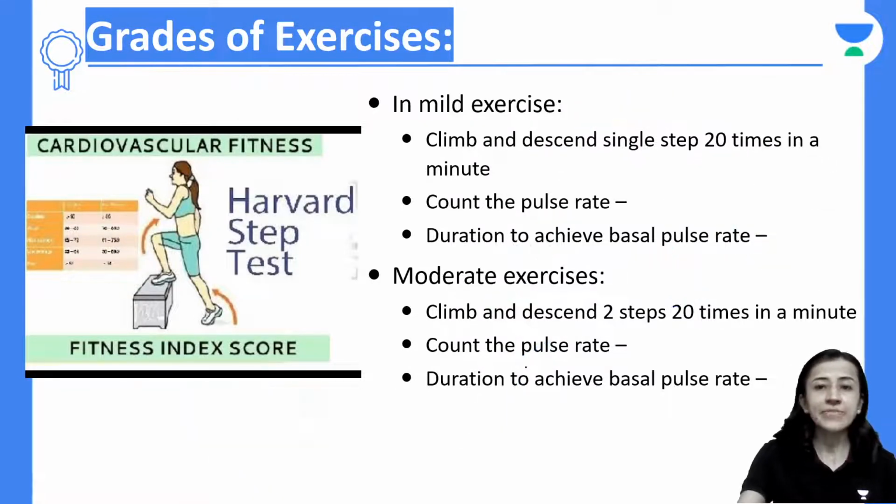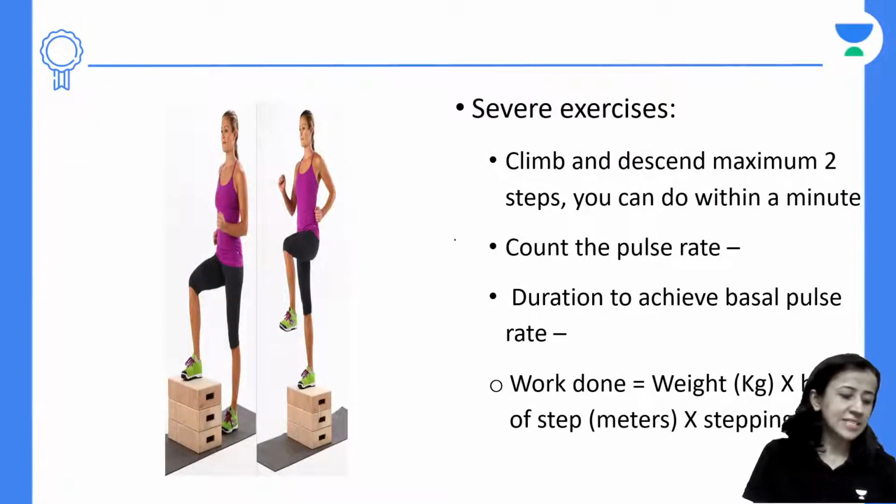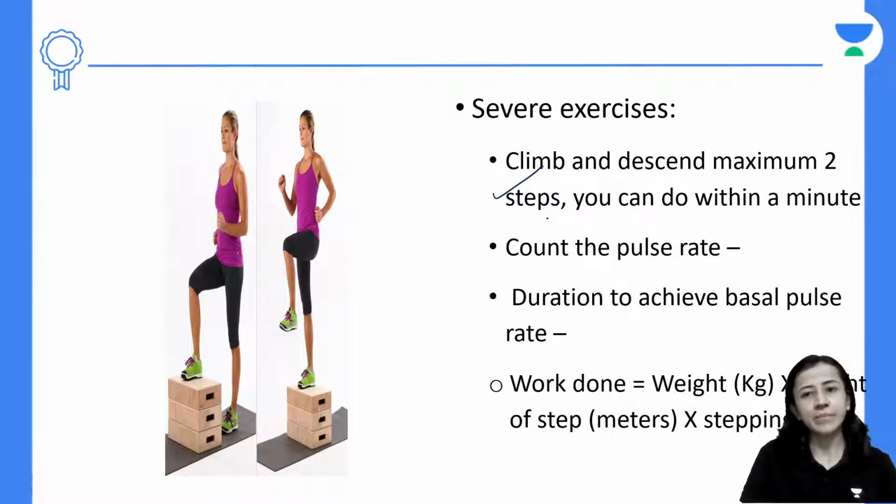And severe exercise. In severe exercise, ask the subject to climb up and down 2 steps as much as he or she can. Again, the other procedure is the same. Count the pulse rate at the end of the stepping test and find out the duration to achieve the basal pulse